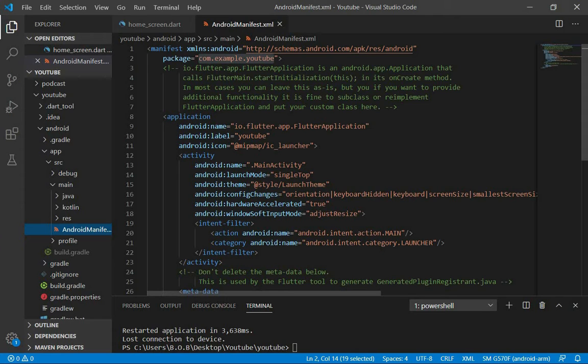So this is our package name in the AndroidManifest.xml file. If you are wondering where you can find this file, you can find it in the Android app source, then main, and there you find the AndroidManifest.xml file. We're going to copy the package name, which is com.example.youtube. Copy it, and then we're going to paste it into